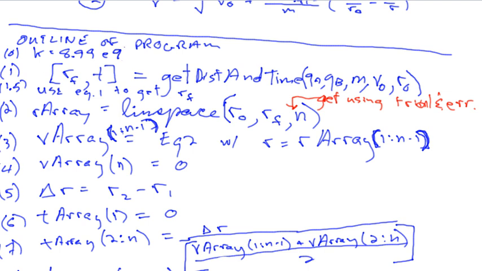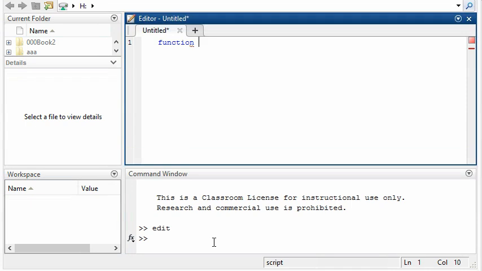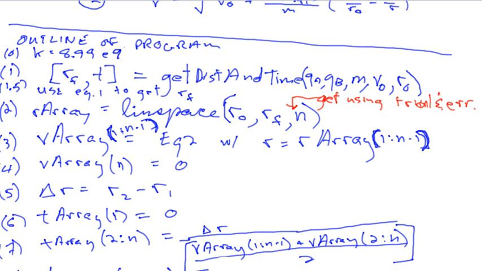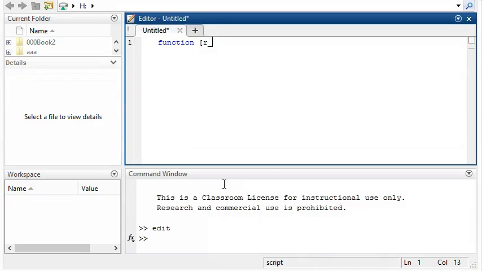Rf comma t equals R f comma t. So that's R final. I think I'll put R sub f. Let's see what I use here. Use the lowercase, so I'll stick with that. I use the underscore for the subscript indicator, comma t equals get dist and time,